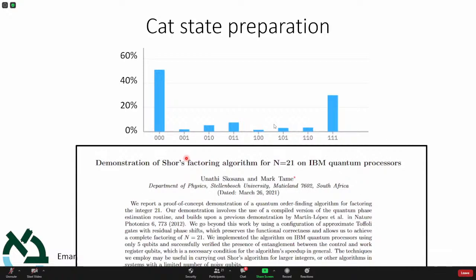So for instance, this is an example of a recent paper. You have probably all heard that what you can do with a quantum computer is to factorize big numbers. I'm sure you have all heard this story. And so the question is, which number can you factorize? Turns out that in this case the largest number is 21. So they can factorize 21, right? It's 7 times 3. I'm saying this because if you have 5 qubits, then the largest number is 32. 32 is boring, so 21 is sort of an interesting number, more than 32.